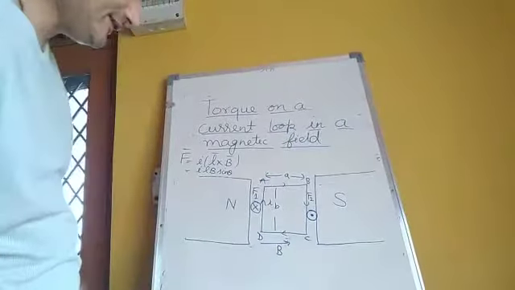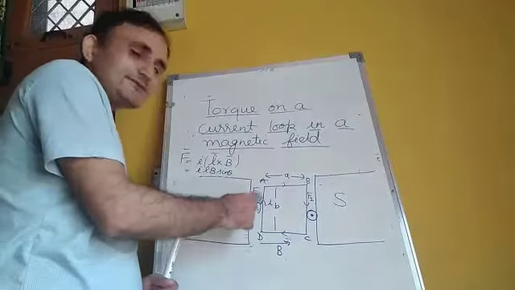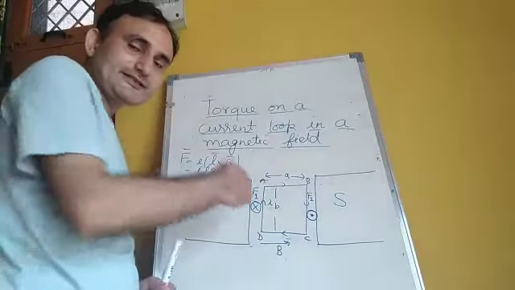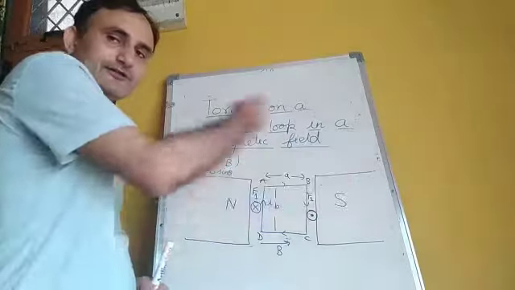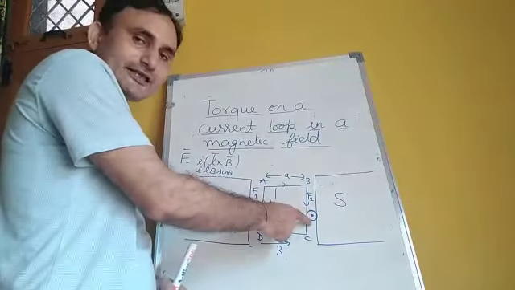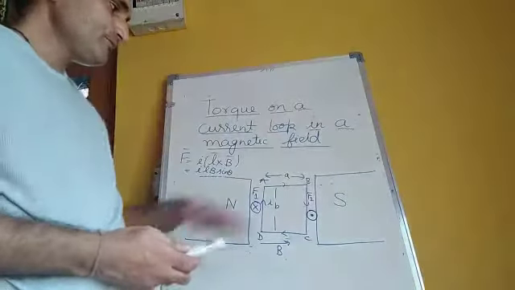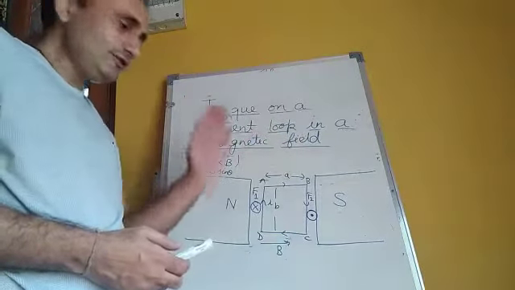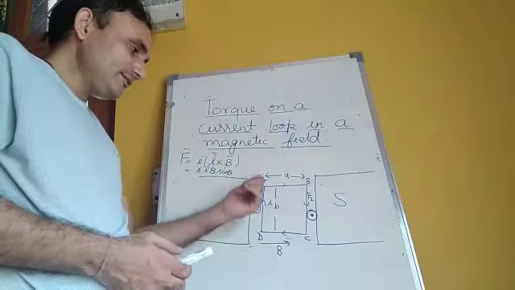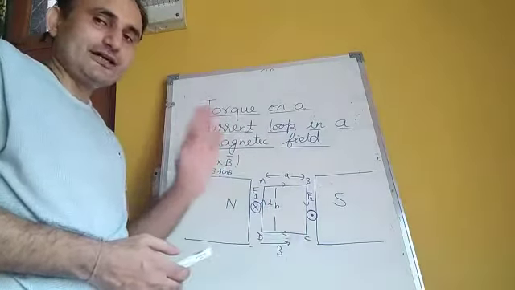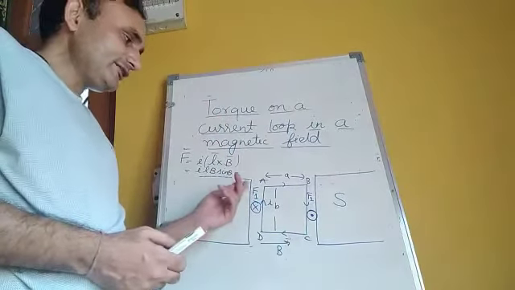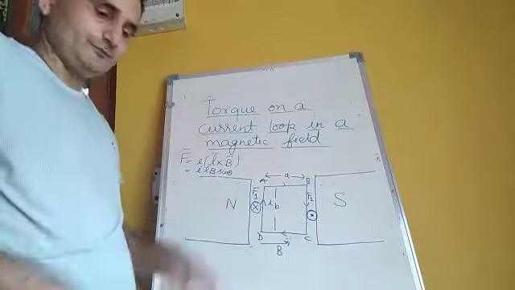So we can show it in the figure. I have shown it by cross. Cross is a direction which is inward and perpendicular to the plane, and dot is a direction which is outward and perpendicular to the plane. On these sides force is 0 or they are cancelling one another, but on these two sides forces are there. Now let us calculate the values of F1 and F2.